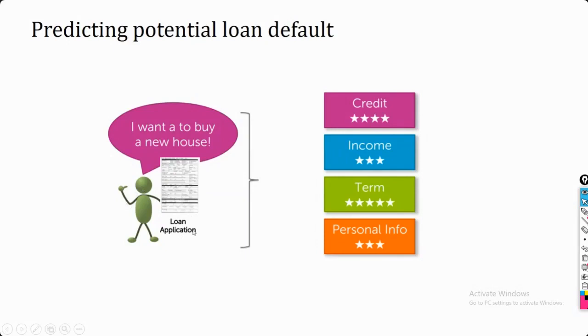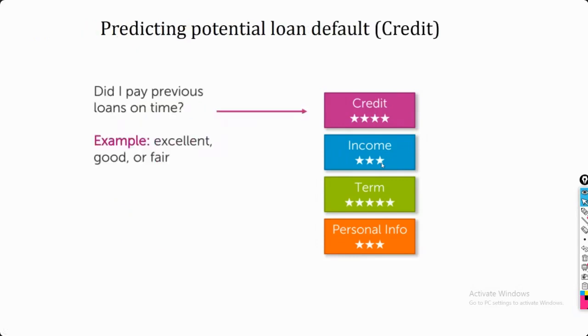So here, this person is going to apply for the loan, and in this loan application you are going to have these fields. All of the fields present in your loan application are going to work as attributes. Each field is one attribute. Suppose in this loan application we have only this information. Based upon that, we are going to perform the categorization. Now we have these sets of attributes.